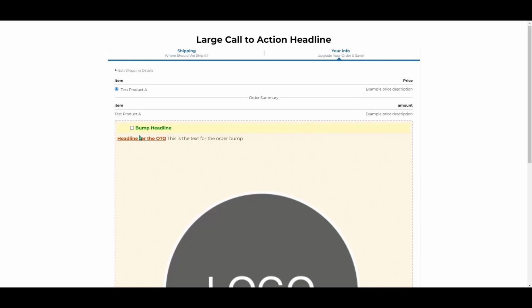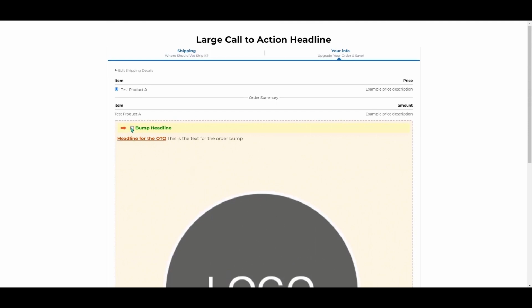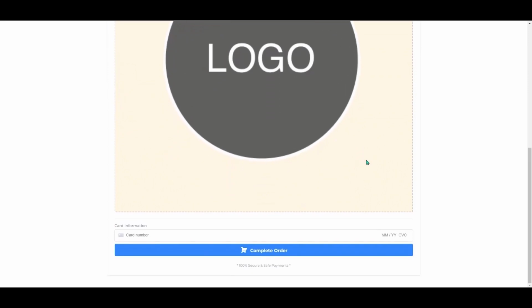So in this case, we have the bump headline, the actual headline of the description area and the description itself, and the image that we loaded, which as you can see is a very large image. So if I was to toggle that on, now that is added to my summary. So it's the first product as well as now the second product. Note that when you don't customize the price description, it simply puts what the price is. And then from there, someone can put in their card information